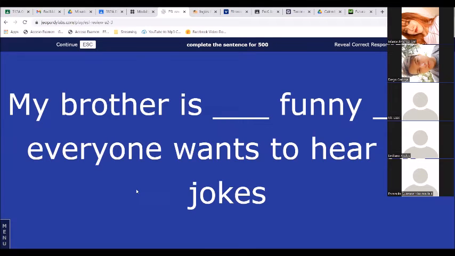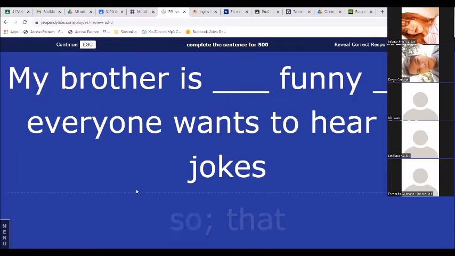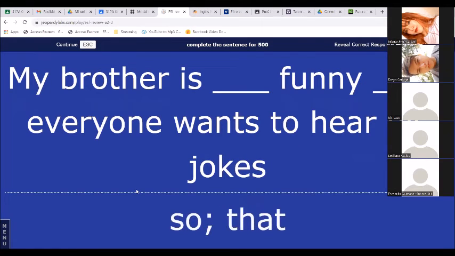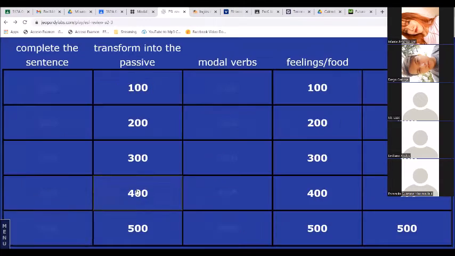That everybody wants to hear his jokes. Right. One more time, more fluently. My brother is so funny that everyone wants to hear his jokes. Right. And the others are more just for practice.